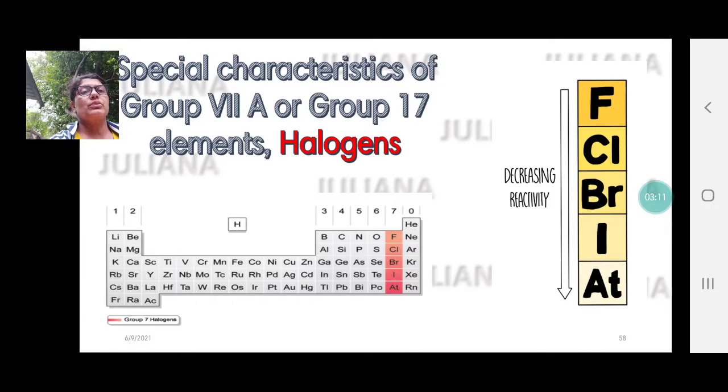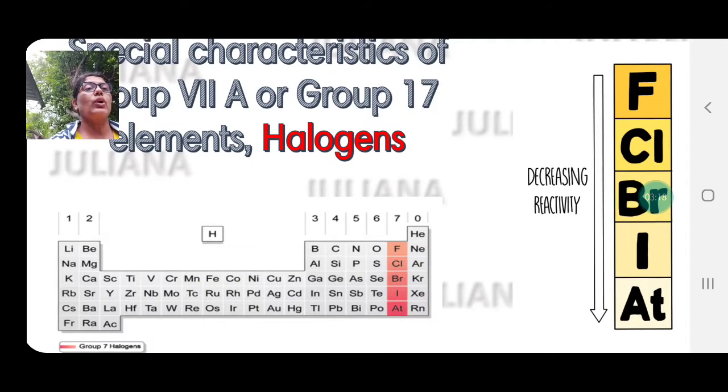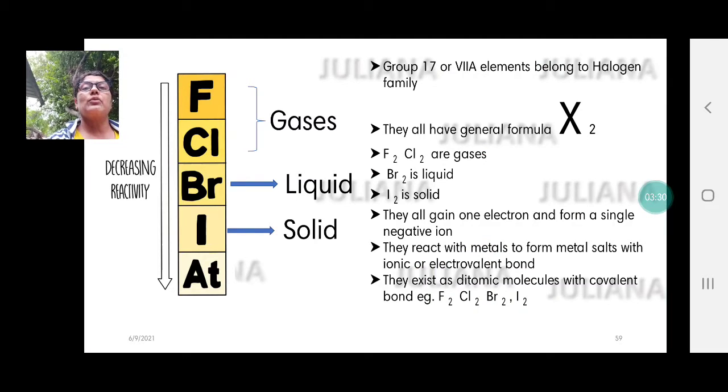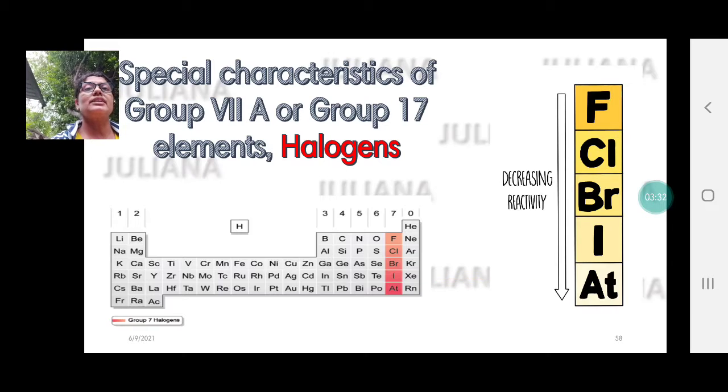Okay, we don't have to really find a give reason for that. We won't discuss that unnecessarily. Okay, but you need to keep this order in mind. They may ask you to place group 17 or group 7A elements in order. For that you need to remember fluorine, chlorine, bromine, iodine, astatine. Okay, now here let us understand what are the characteristics of this group of elements.